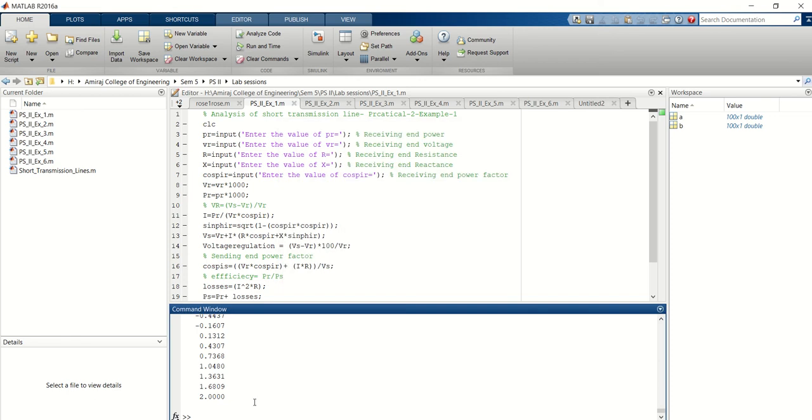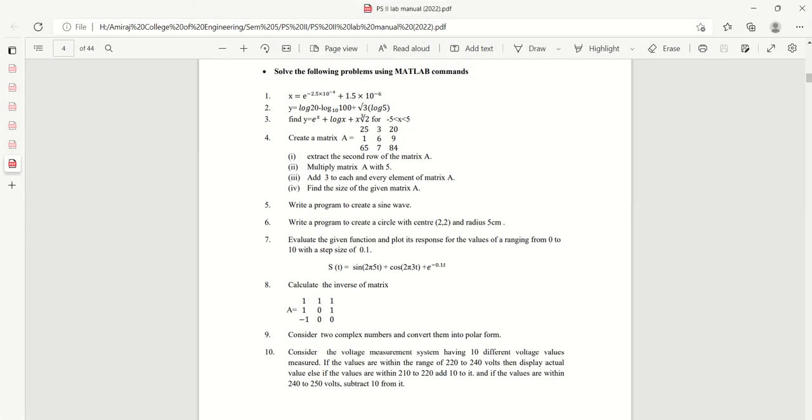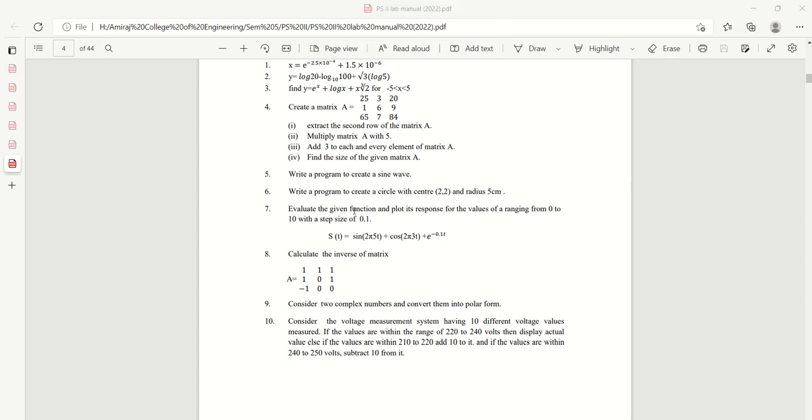Now again, let's clear everything, and let's see what else is there. So let's see what else we have. The next one is to evaluate the given function and plot its response for the values of t ranging from 0 to 10 with a step size of 0.1. Okay, so the step size has been mentioned. We have to take a step size of 0.1, and the range should be 0 to 10,